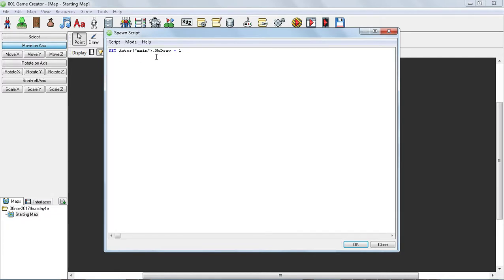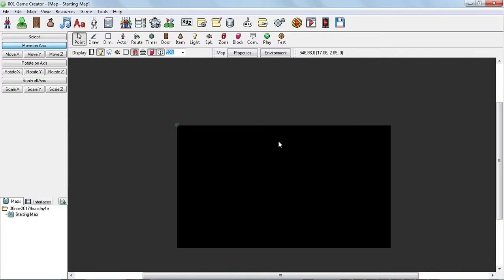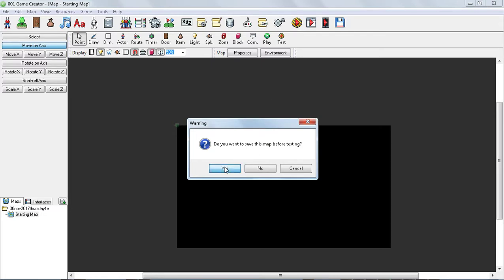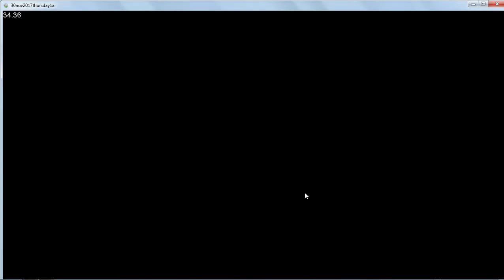Which would look in text form: if actor main redraw equals 1, no draw equals 1. Okay. That's in the initial timer. I'm going to hit play. Save. Okay. So now we've got a blank screen that responds to two key commands, escape and M, and it's